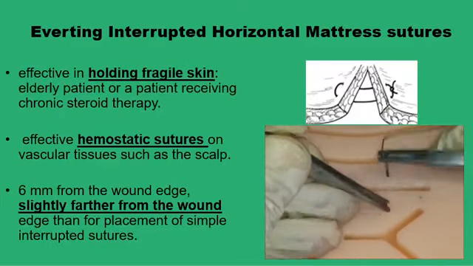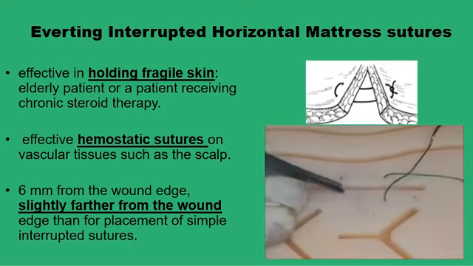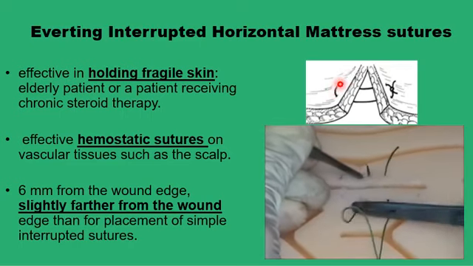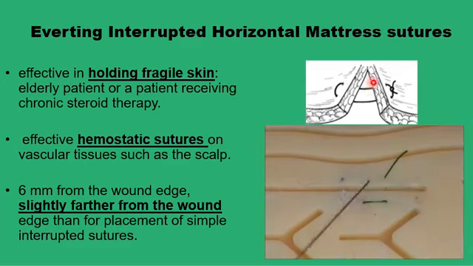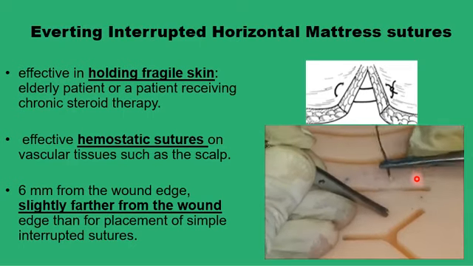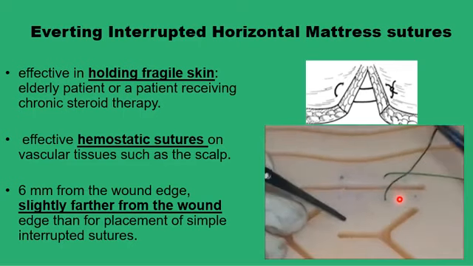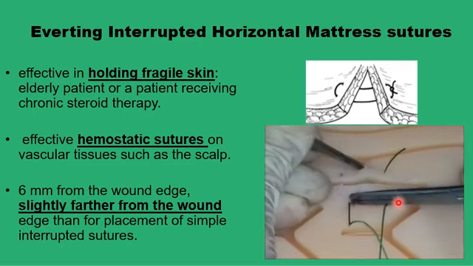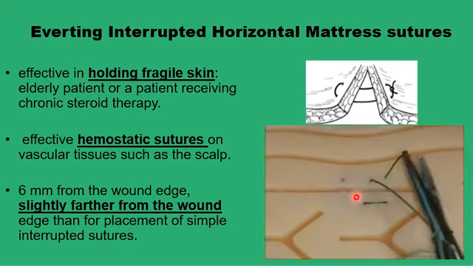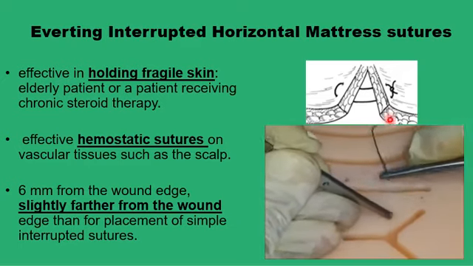And now to the horizontal mattress suture, starting with the everting interrupted version, in which we end up having two bridges of the suture line on the surface parallel to the wound edge, and this is going to cause eversion. We start 6 millimeters from the wound edge, down to a depth of 6 millimeters into the wound, out from the other side 6 millimeters again from the wound edge, and then to another level and do another suture 6 millimeters away from the wound edges on each side, tie the knot, and you will end up with the required